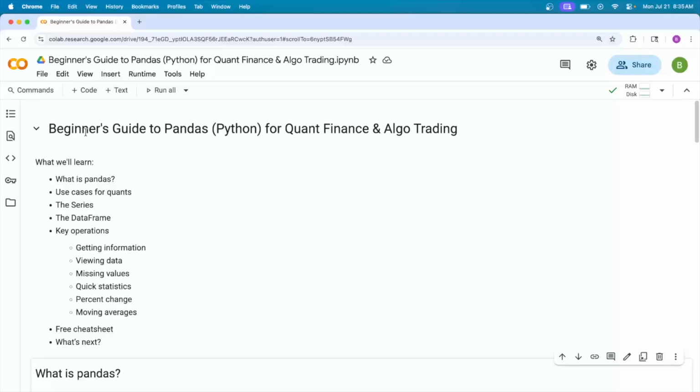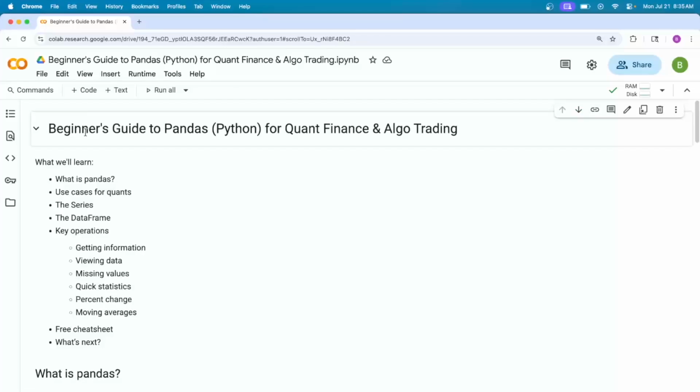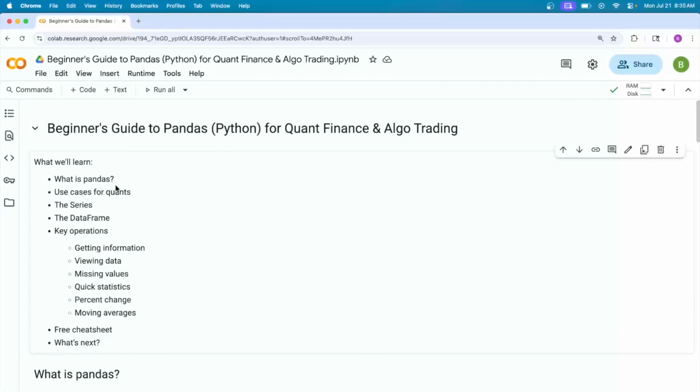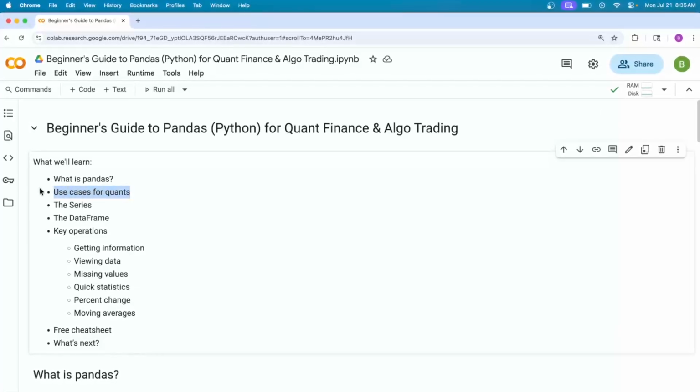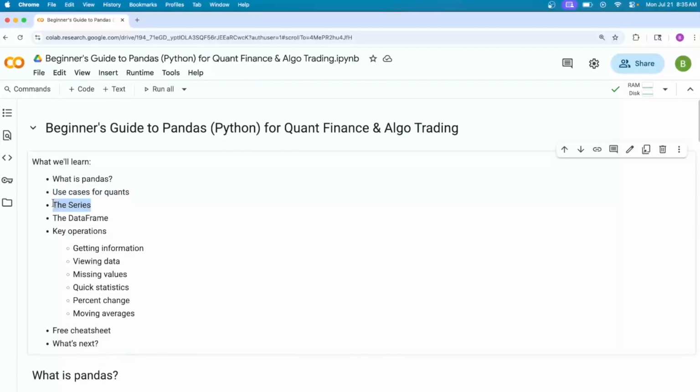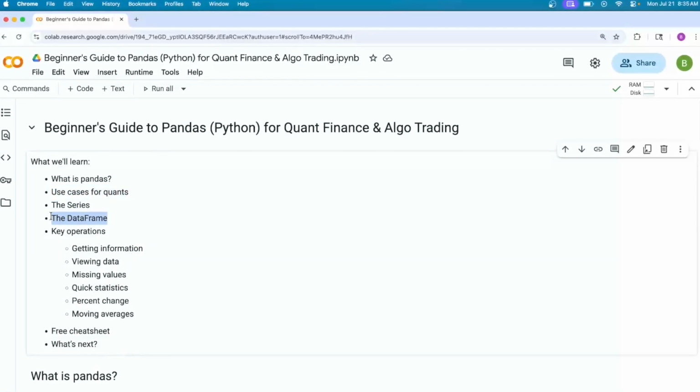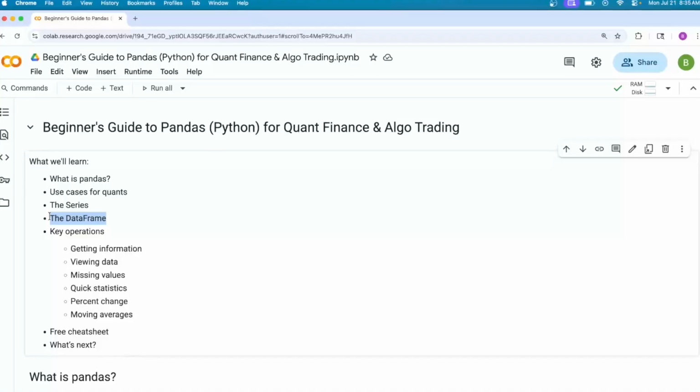Today, I want to give you a beginner's guide to Pandas, the very popular Python library for quantitative finance and algo trading. So what we'll talk about is what Pandas is. We'll look at some use cases for quants. We'll discuss the series and the data frame. These are going to be the two main data structures that it provides to help you perform what you need